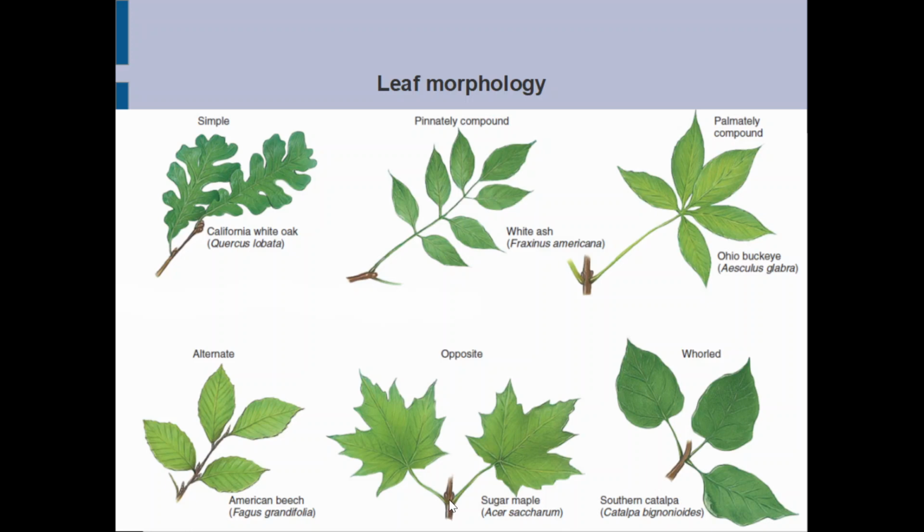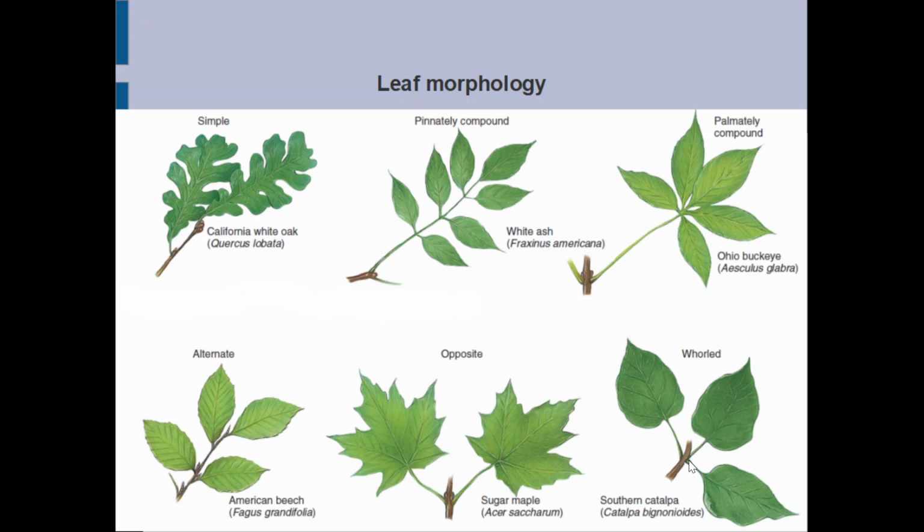Sometimes it's also sold like a medicinal plant, because maple syrup is so tasty and can be used in combination with drugs, especially for children, so they like the syrup and can take the medicine. So this is sugar maple with the opposite arrangement, and then whorled arrangement is when